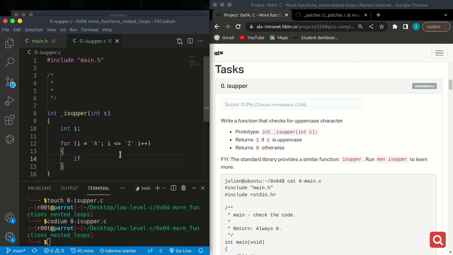So if whatever we are provided, if i equals whatever is passed here, so it will be c, whatever our argument will be, if it's a capital A or a capital B or a small k or a small n, so if i is equal to whatever is passed there, that is our c,